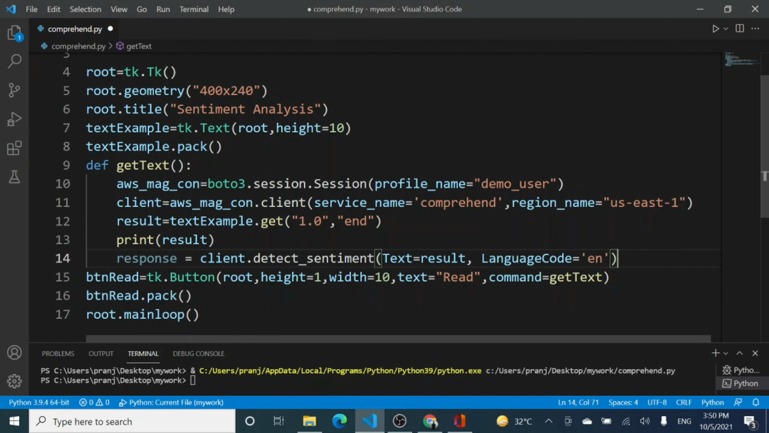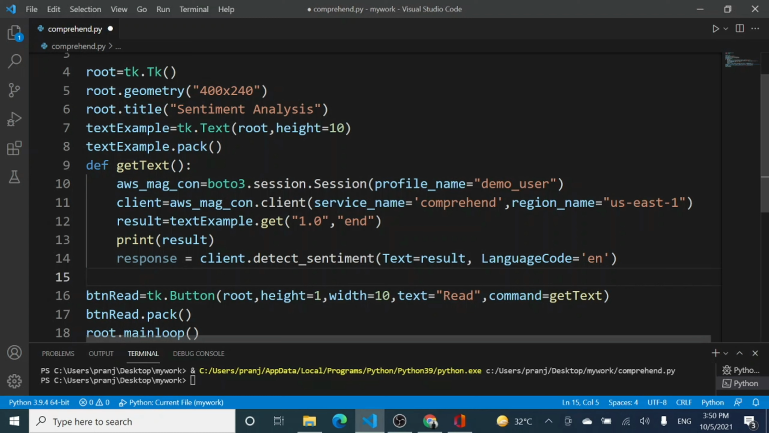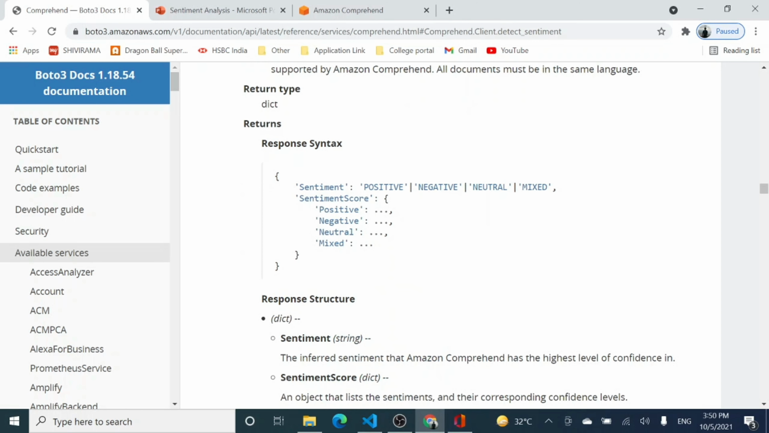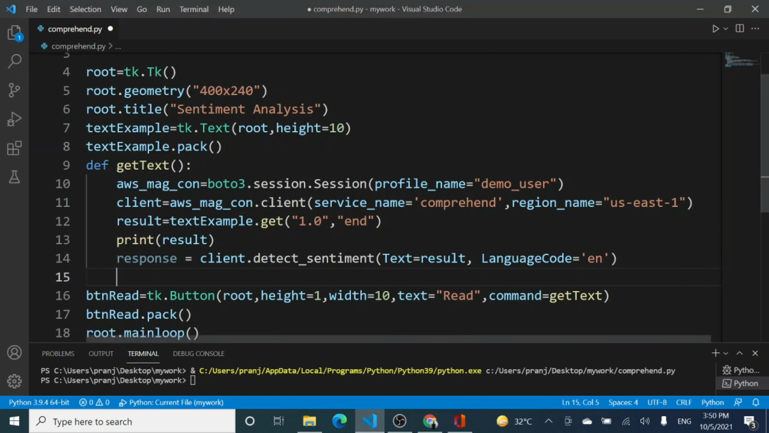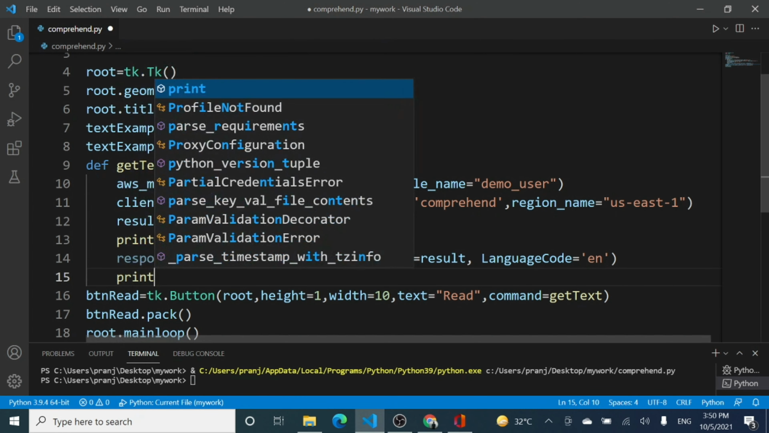Now I need to get something from this response. Now what I got from this response is over here. What will the response be? Response will be a dictionary, right? So I shall be getting this particular data, the sentiment, whether it is positive, negative, neutral or mixed, and a score. That means if it is positive, then how much percentage of positivity it has, right? Negativity, how much negativity it has. If it is neutral, by what percentage it is neutral or mixed, right? So what I will be getting in a response is a dictionary, right? So let us first visualize the dictionary. So print